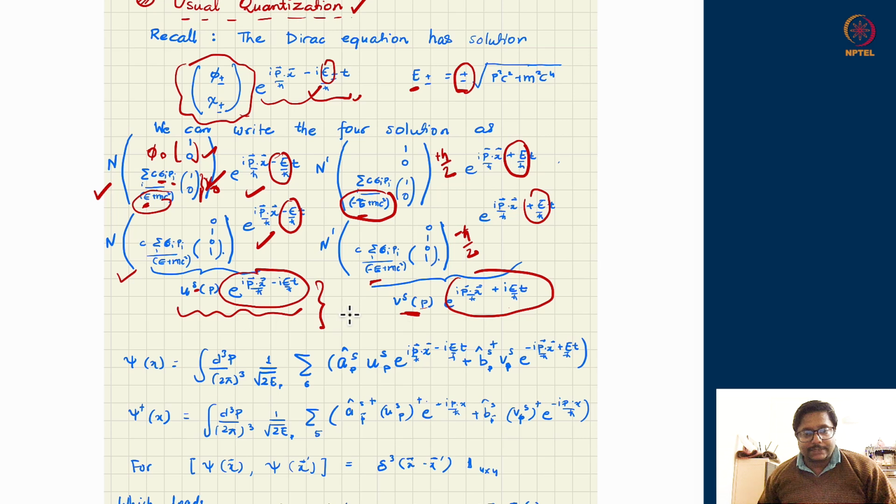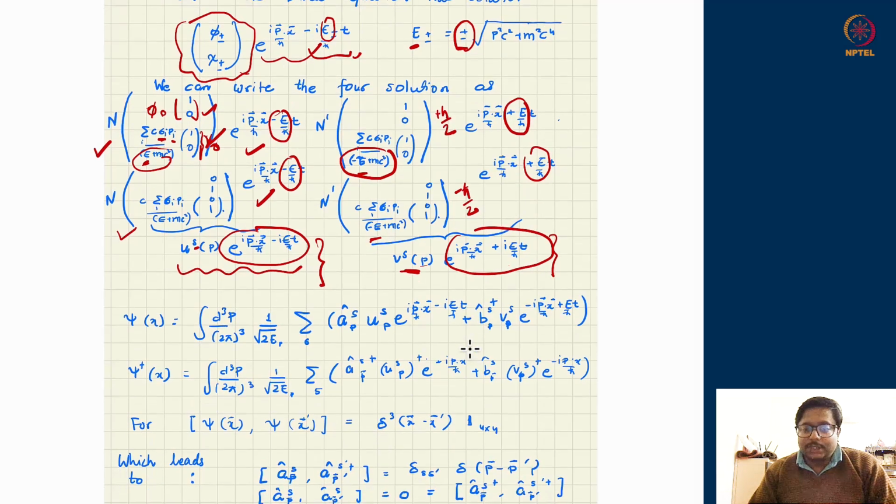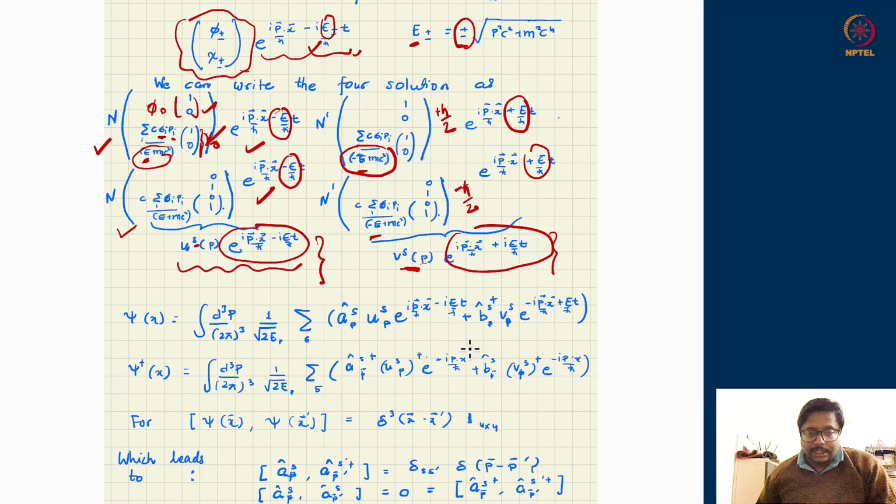Two in the spin half sector, positive energy, spin half and spin minus half, and two in the negative frequency sector, spin half and minus half. And in the spirit of the harmonic oscillator structure with the solution, now I can write down all the possible mode functions. Remember, these do satisfy the Klein-Gordon equation upstairs.